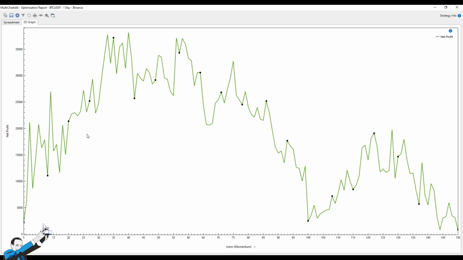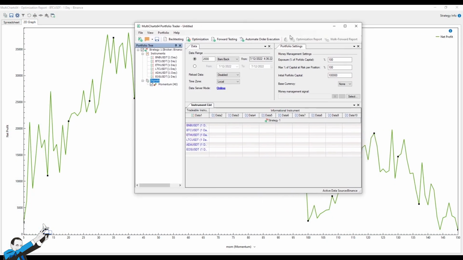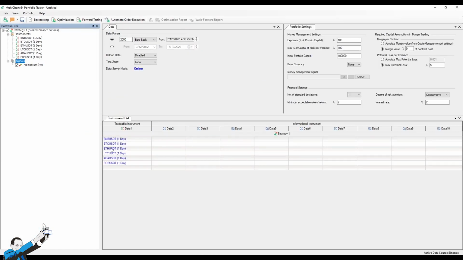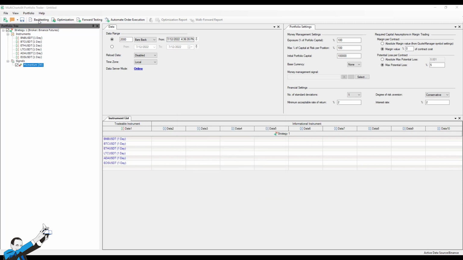It is true that in this area, all things considered, there seems to be an underlying stability. That said, to dig even deeper, we could do a portfolio test by applying the same signal to a portfolio of different cryptocurrencies, such as BNB, Bitcoin, Ethereum, Litecoin, Cardano, and EOS. At this point, we'll arbitrarily choose a 30-period value, run the backtest, and see the results together.